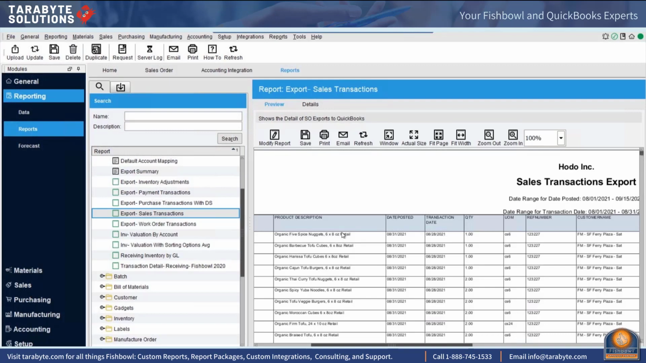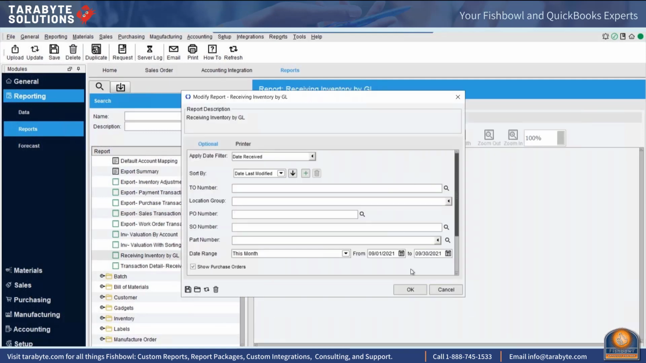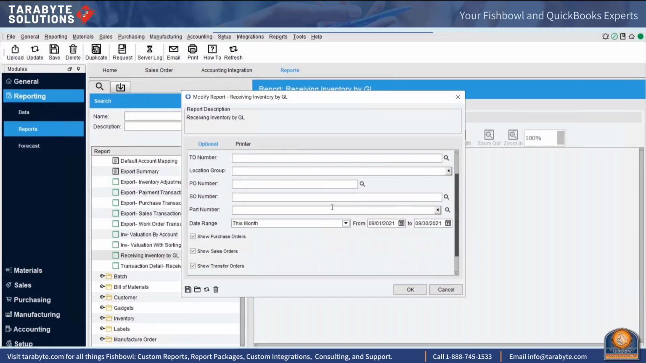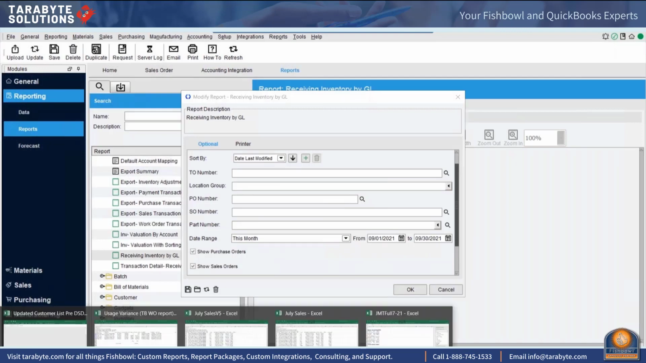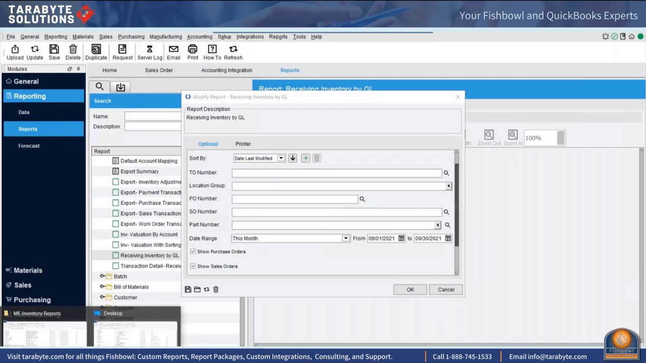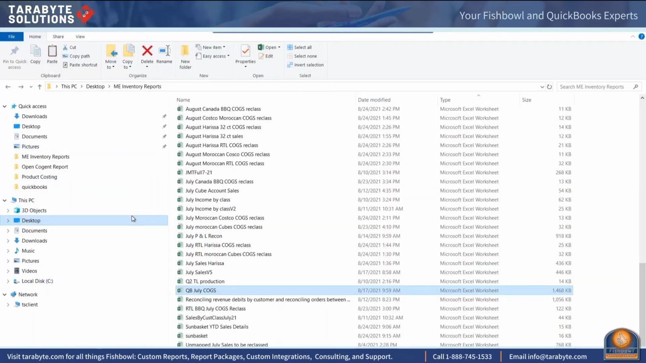The first report is the receiving inventory by GL. So this report is basically going to show you all of the receipts. You can run it by transaction date. You can also run it by posting date. So I'm going to pull up our receiving inventory report from a month where we had received some items with a reconciled date in 2028. So we had fat fingered the receipt. And one way you can